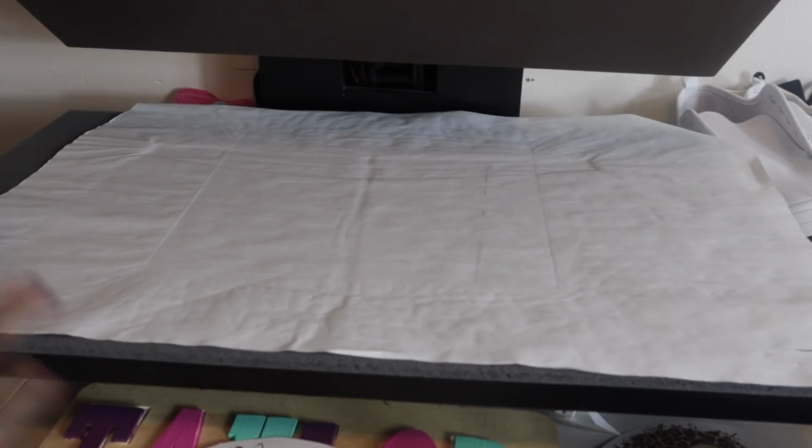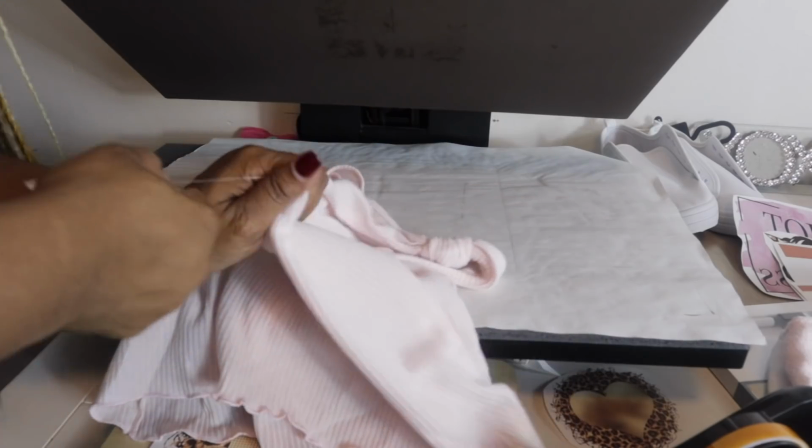And we are going to start with the top. And here is the top, and I think I'm doing this on the right side. I think this is how the top goes, kind of with the knots in the front. And I'm going to put this down. I'm going to make sure you take off these tags. You can re-tag it if you need to, but I am just going to take that tag off,